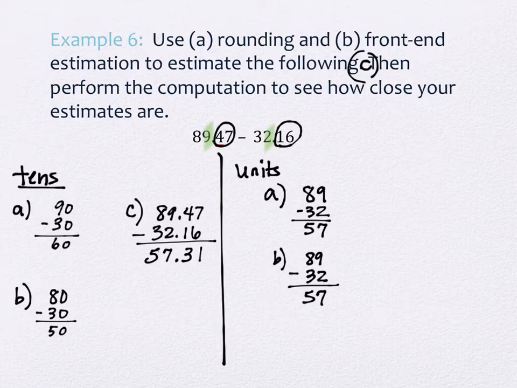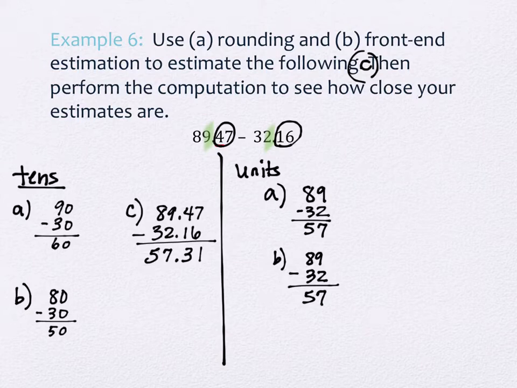zeroed out. Okay. So it's going to zero out the 47 and the 16 that I just highlighted or circled, but the numbers in front will stay the same, no matter what they were. They just don't change. So we're rounding down or we're rounding off when we're doing front-end estimation. And it just happens to be that when I use actual rounding, they would round down with those particular values